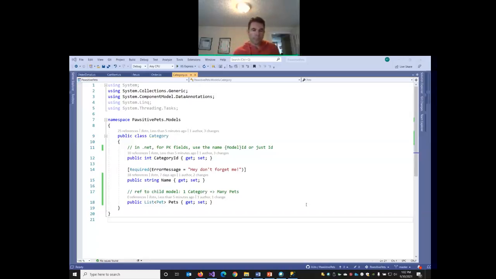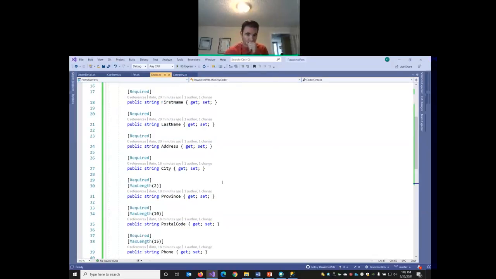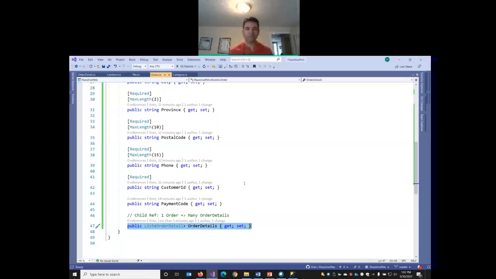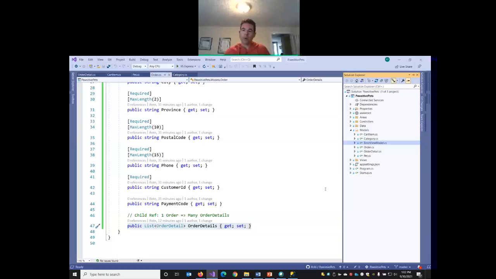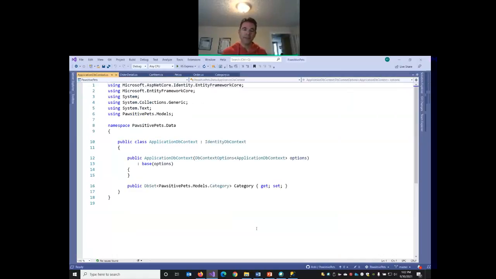Okay, so all our code is up on GitHub. We've designed our models. We've included the relationships, the one-to-many kind of parent-child nature of our relationships. So we're going to work in two files here that we haven't worked with yet. The first one you'll notice is under our data folder. In here, we've got this file called Applicationdb Context. This is a database connection class